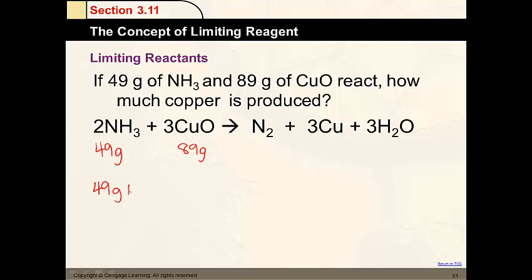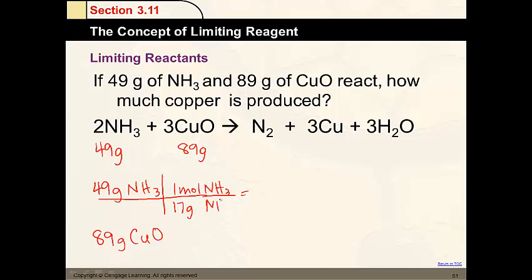We convert grams to moles, and I'm hoping that that theme is clear to you, that we often convert from grams to moles, if not always. The molar mass of this is 17 grams per mole, and we can calculate that here. 49 divided by 17 gives us 2.88